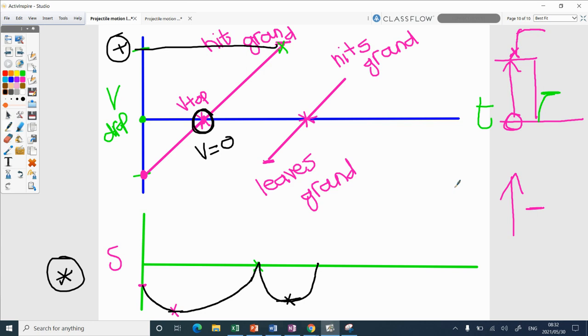Does that make sense, guys? Yeah. There's a shortcut that you can just check yourself with. If this line here goes up, this line here is always going to smile. It really does work. If this line here goes down, this line here is always going to frown. So down, frown, up, smile. You can always check yourself like that. You'll see when we do the other questions that it always works.